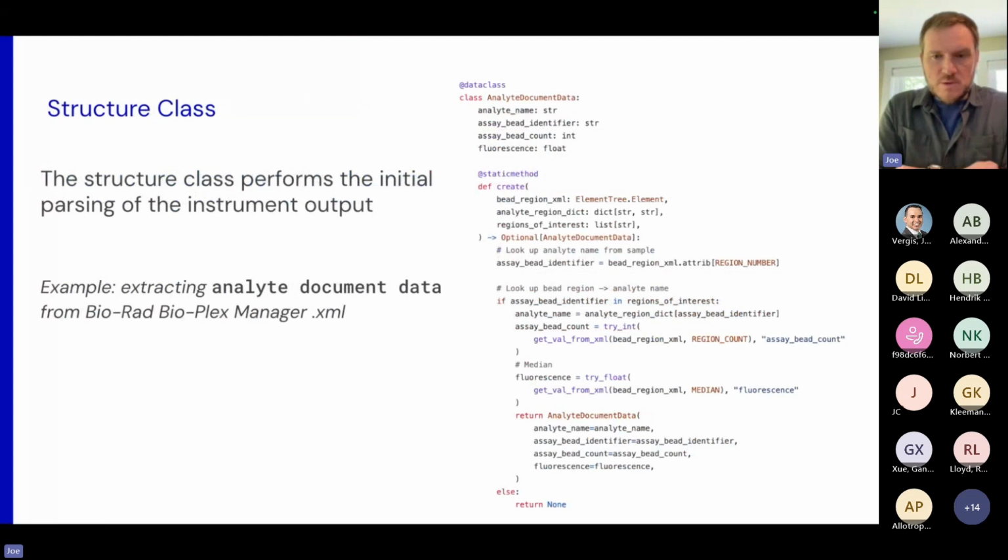The other thing is the two-part approach to the way the code works. If you look at the code of any of the converters, you see there are two scripts: the structure script and the parser script. The structure script goes through and extracts all the information into these Python classes. Here, an example is pulling the data out of Bioplex Manager into the data class for an analyte document.